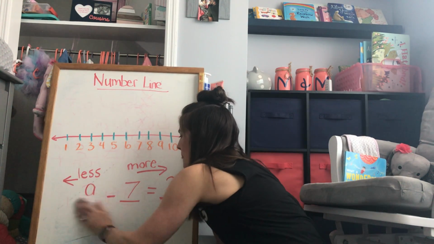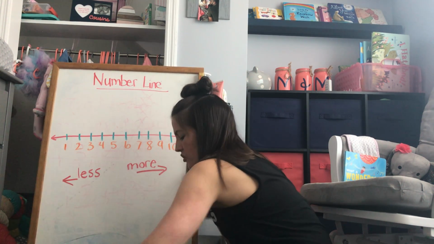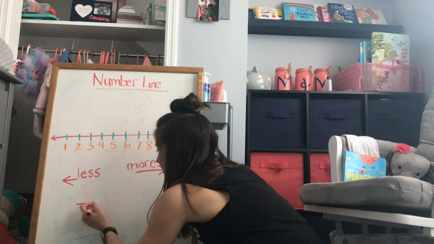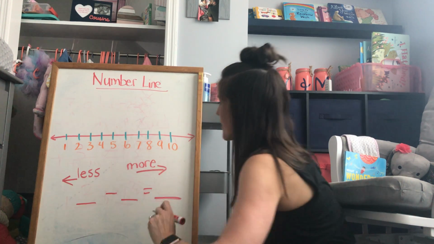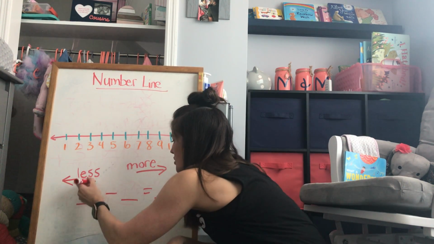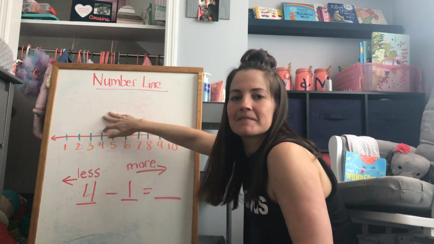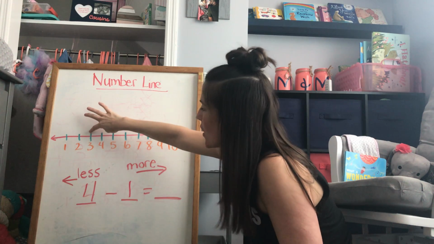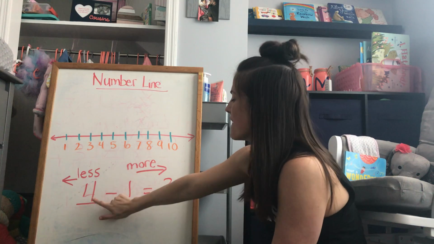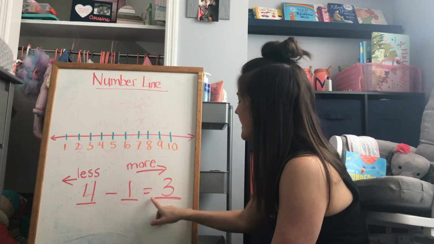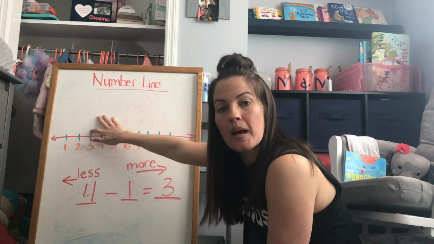Let's do one more, and then math's going to be done for today. You're stuck with me. I hope your eyeballs are still focusing, and you're doing a great job. All right. So I have a number minus another number equals the smaller number. All right. Let's go 4. So I'm starting out with 4, and I'm just going to subtract 1. That's an easy one. I have to hop back one time. Bink. What number did I end up on? 3. So my final number is 3. 4 minus 1 equals 3. I was on the 4. I hopped back 1. My answer is 3.